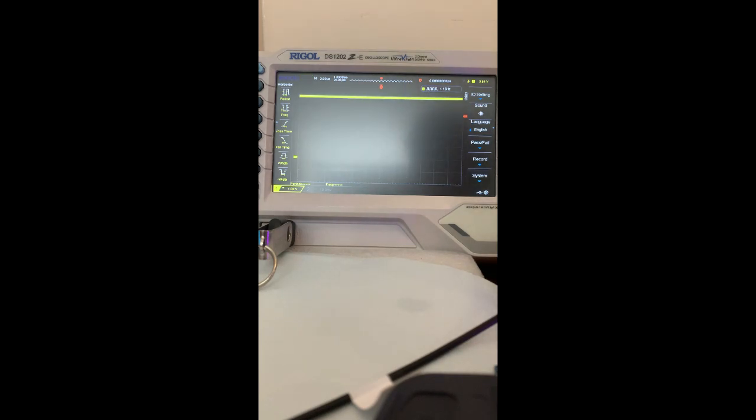So let's just try one of the others. We've got right, which is on pin 5. So if we hold it there, and as you can see that works. And we have left on 11. And as you can see that also works. So everything's working on the input, but it seems that nothing is working